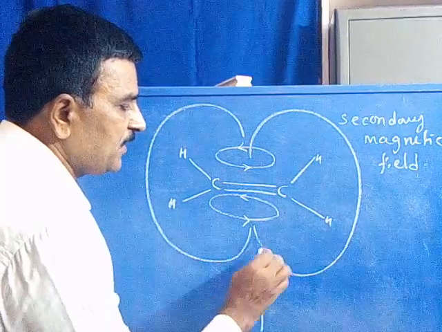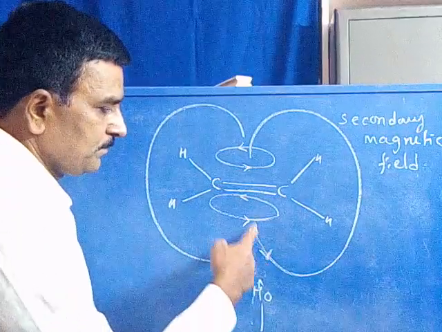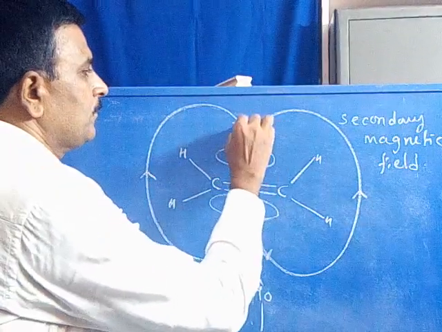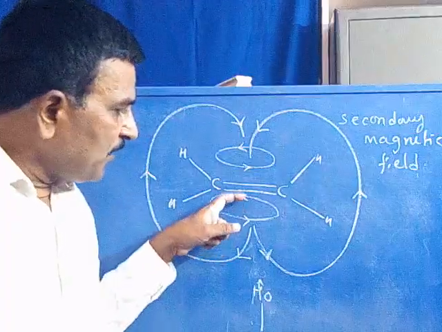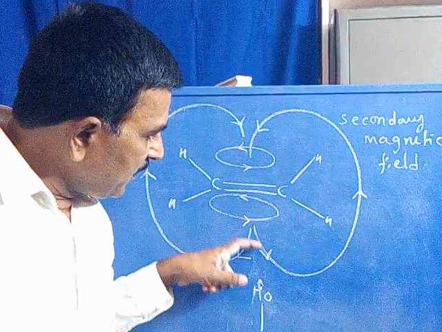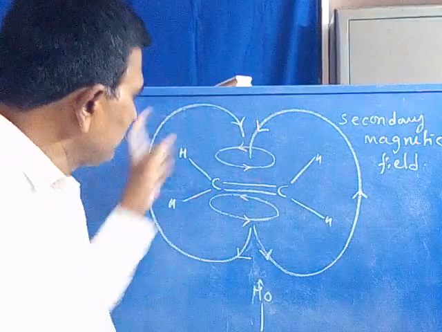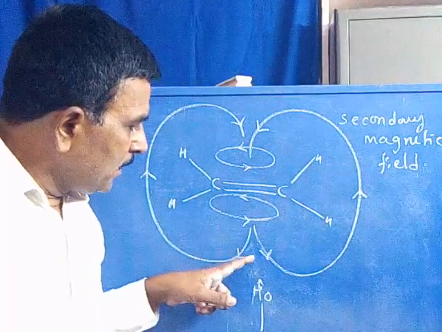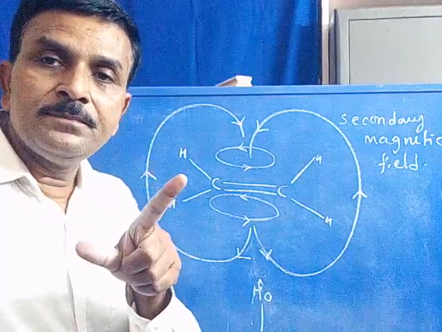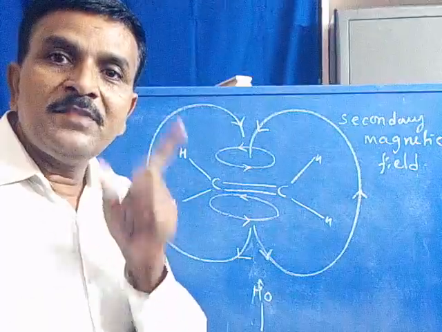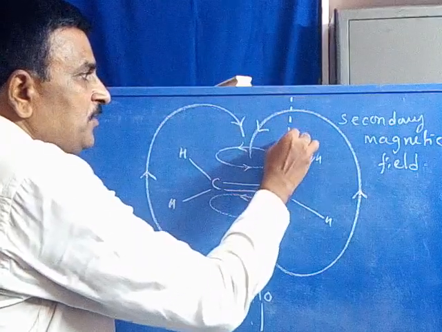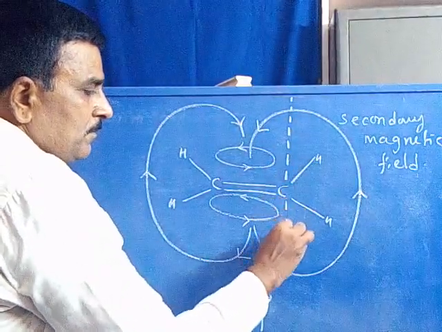Now you can observe its traveling direction. Its traveling direction is opposite here, and aligned here. You can observe the secondary magnetic field produced from the bottom center of the molecule and its traveling direction. Now let us classify. The secondary magnetic field is exactly diamagnetic at the center of the two carbons. Now you can divide the two carbon centers in this way.